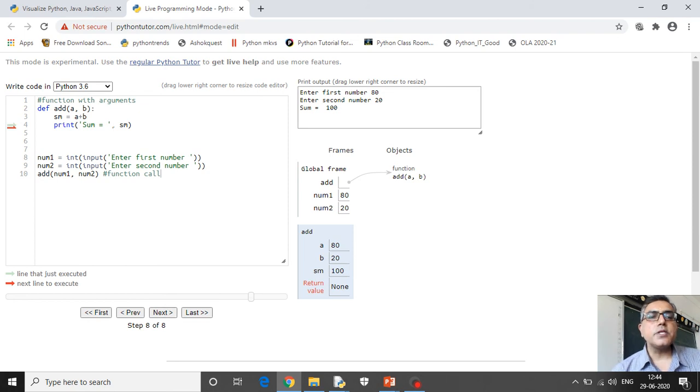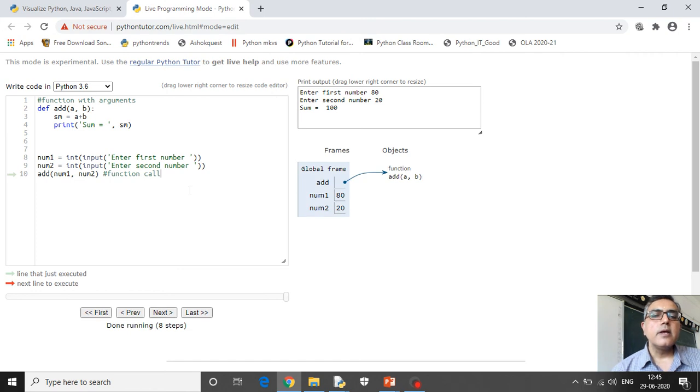It has displayed the sum. It has executed print sum is equal to Sm here. You will see the output. Right? So still my control is inside the function. Now when I click on next, all these variables will be destroyed and the control will be returned to the main frame. See, as soon as I click on next, all the variables which were created in add get destroyed and the execution pointer will come after the 10th statement. There is nothing there. So the program has been executed.